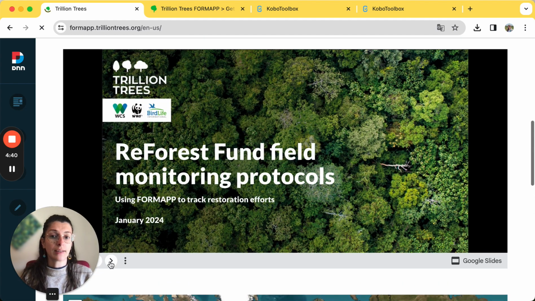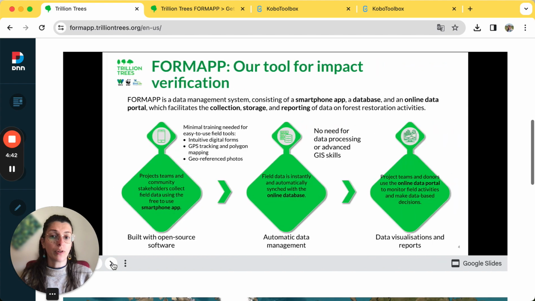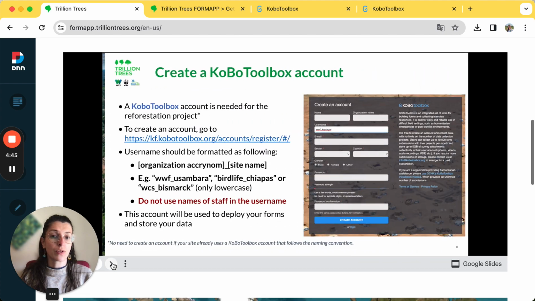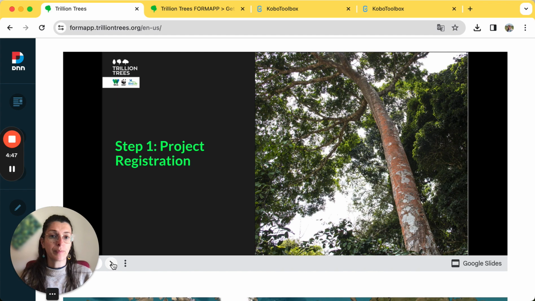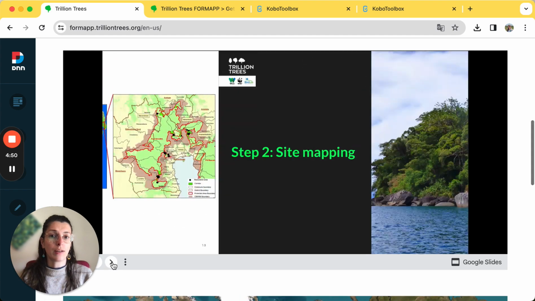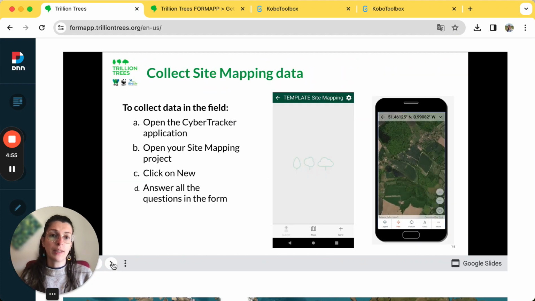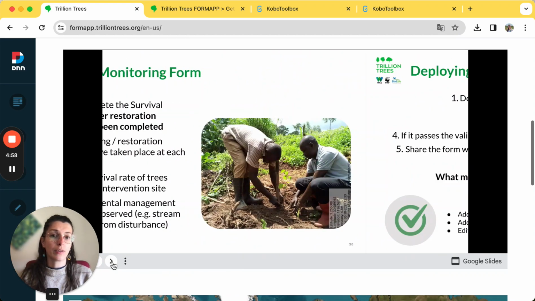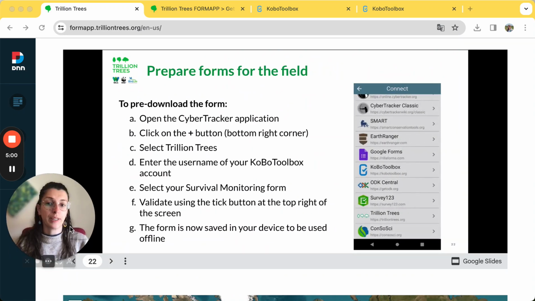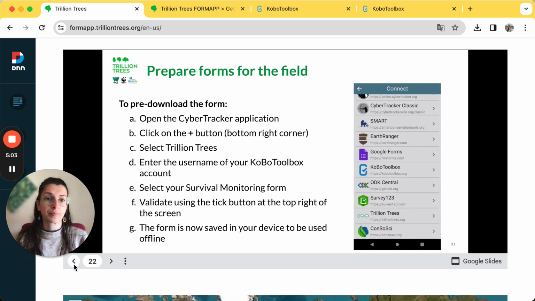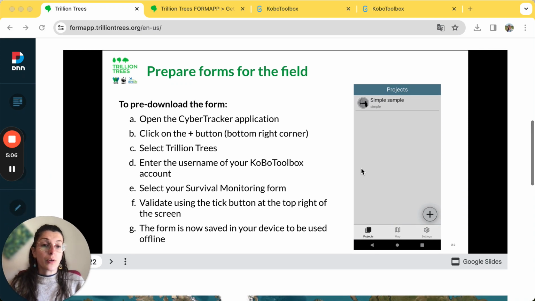Let's have a look at the slides that will tell you how to actually use the form in CyberTracker. So I'm going to go to the survival monitoring step. It will be the same thing as for the site mapping. So here in your CyberTracker app, to add this new survival monitoring form, when you open the app, you can click on the plus button here,